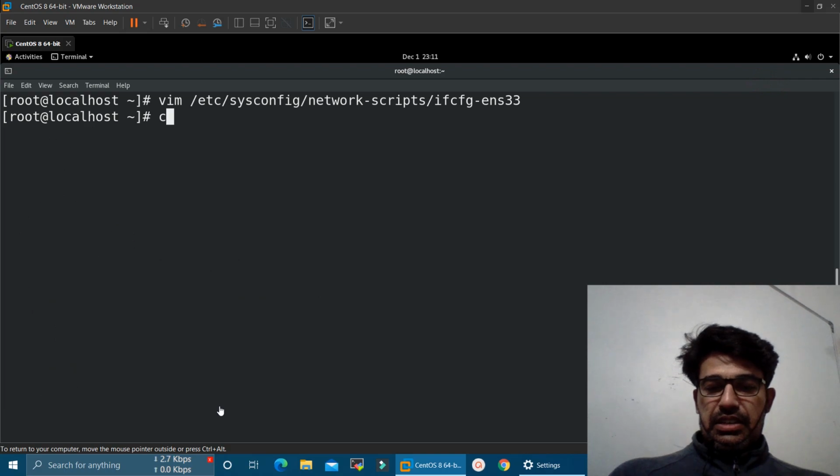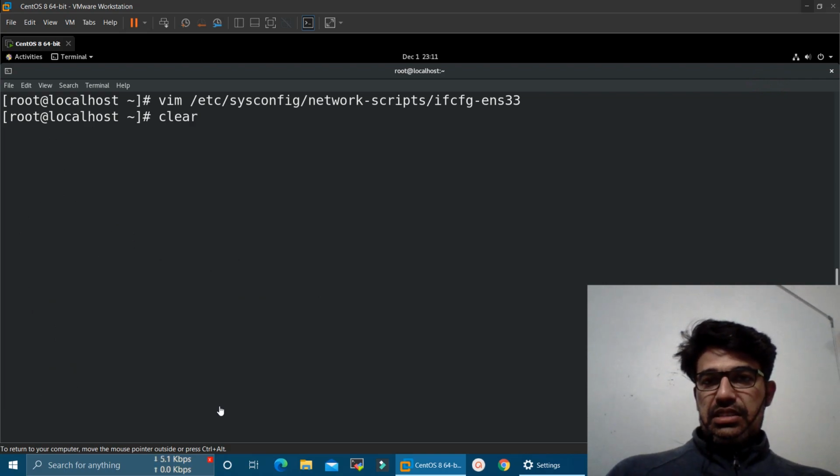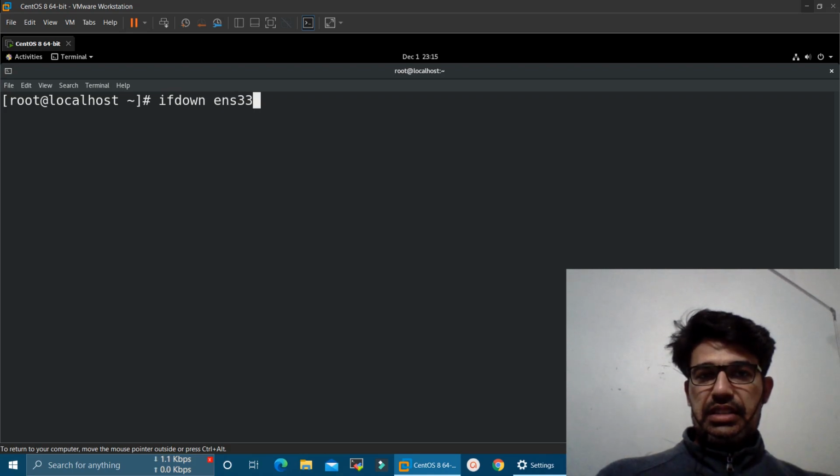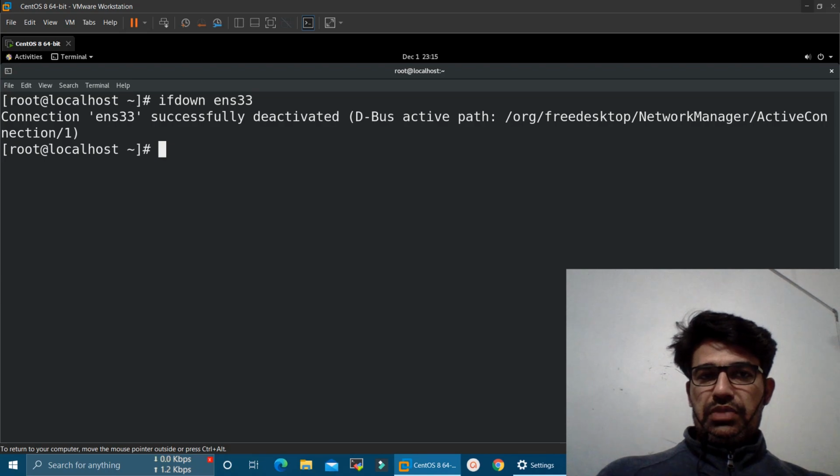and in order to activate or apply the changes which we have made in this file, we can execute the ifdown command, ifdown and the adapter name, that is ens33. So it will deactivate this adapter, and now we can reactivate it.